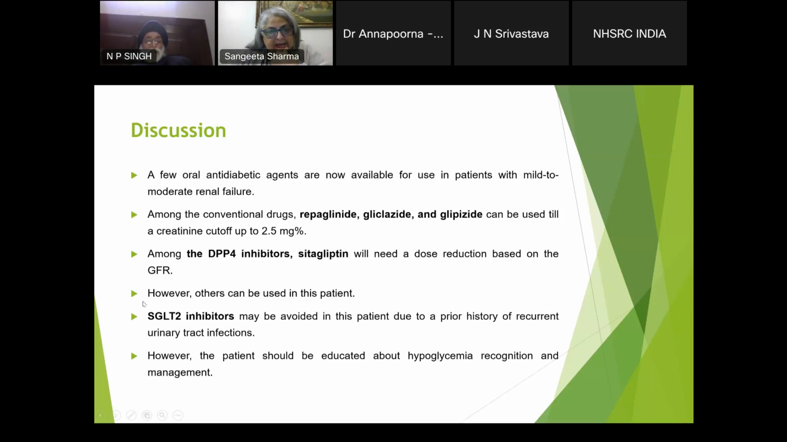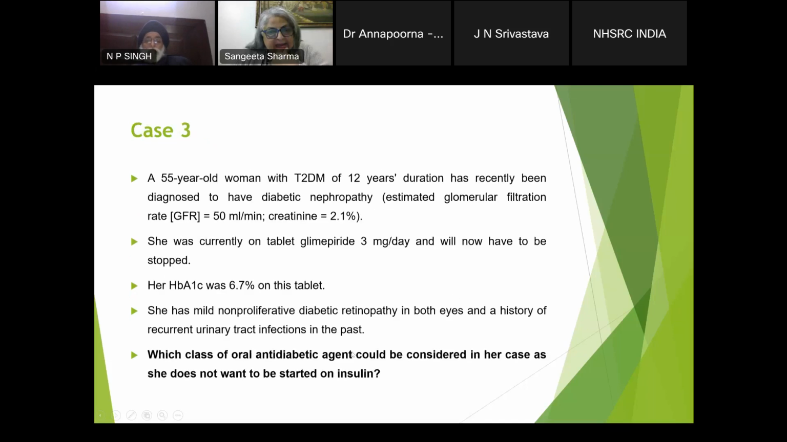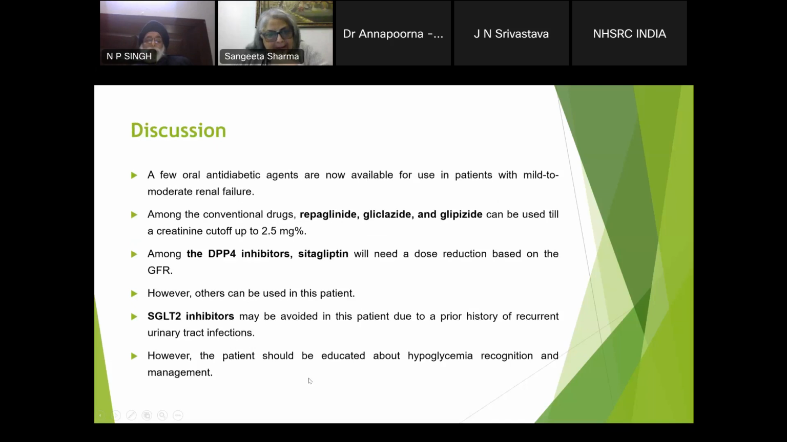And though SGLT2 inhibitors are a very good class of drug, because she complained of recurrent UTI in the past, and this drug is known to precipitate UTI, that is why we are not using this drug. So the idea of giving you this talk over the last 40 minutes was to change your habit